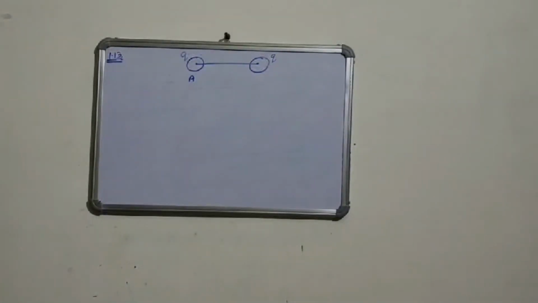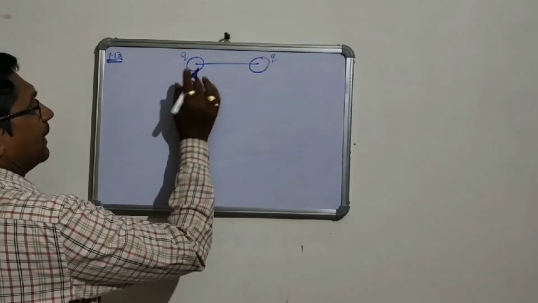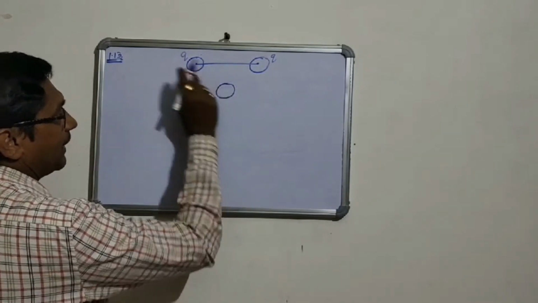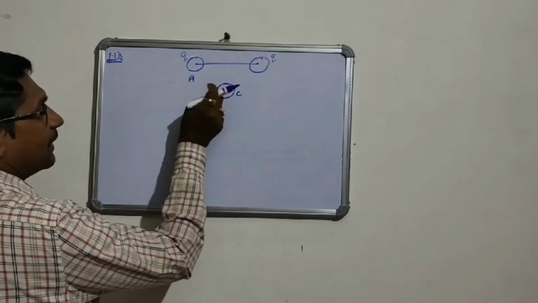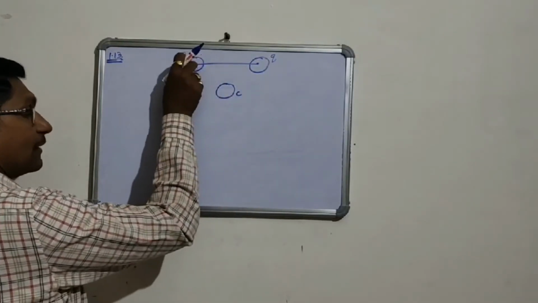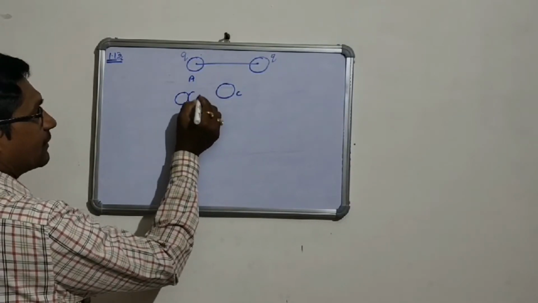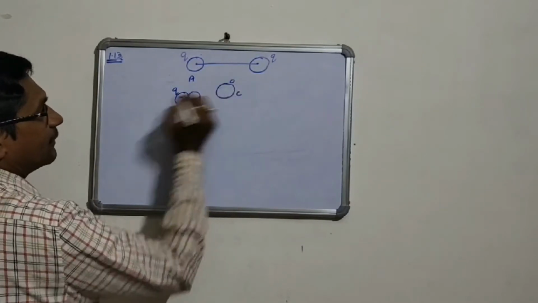When another uncharged sphere, a third uncharged sphere, is in contact with A. Suppose this is the uncharged sphere, identical, all three are identical spheres, this is C. This is in contact with A. Then in the contact with A, the charge is Q,